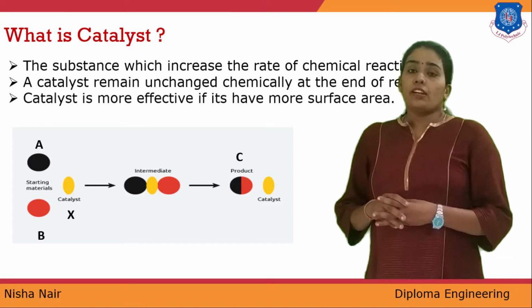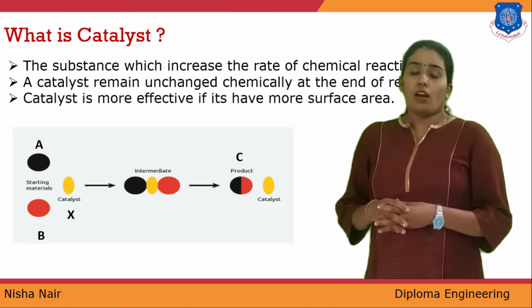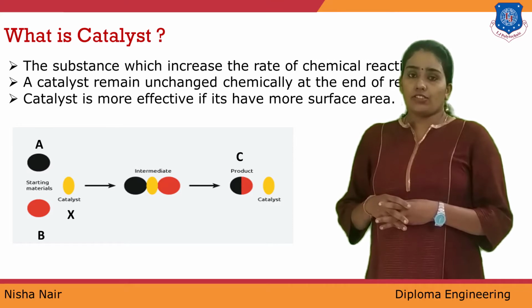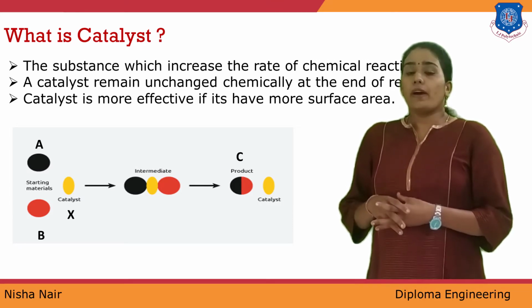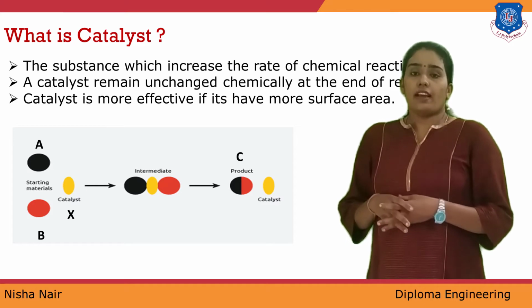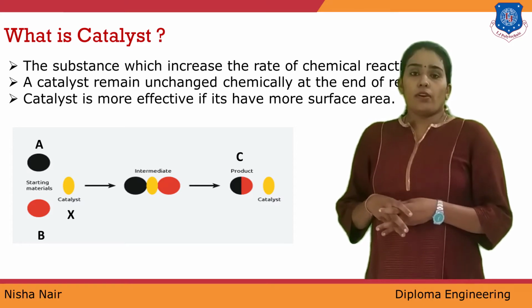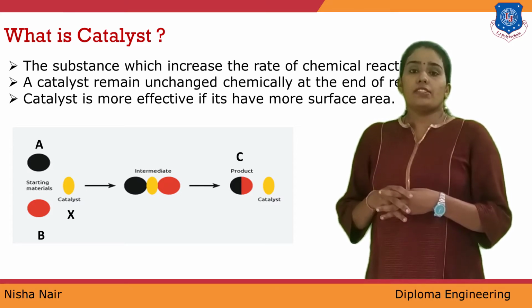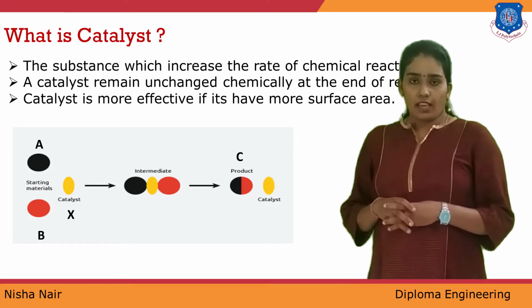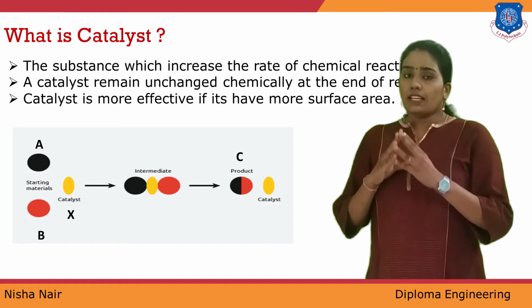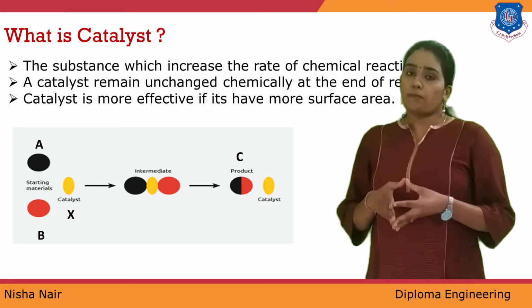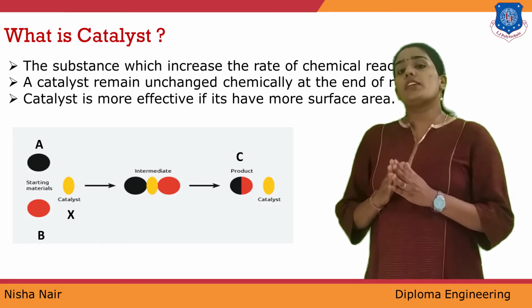Second, it should have a high surface area where the catalytic reaction takes place. And the catalyst should not combine with other reactants or products to give another product which is not expected in the reaction. So simply we can say catalyst is a molecule or a substance which helps to increase the rate